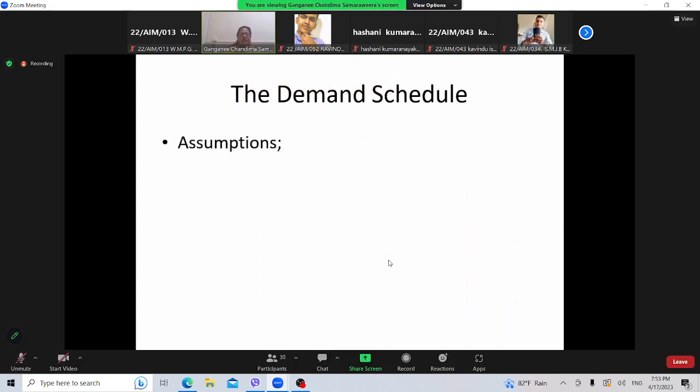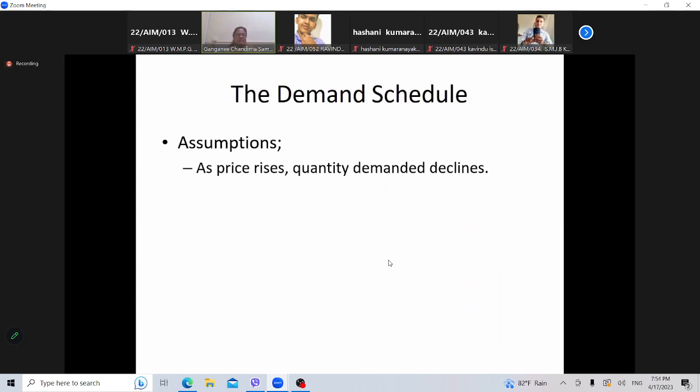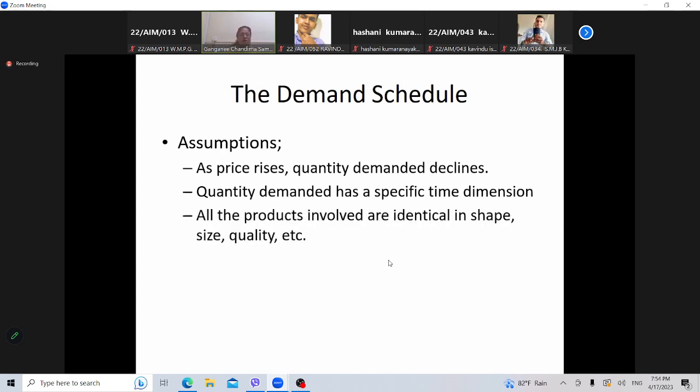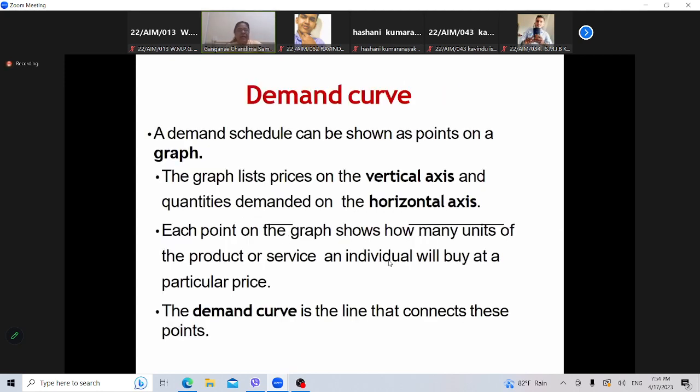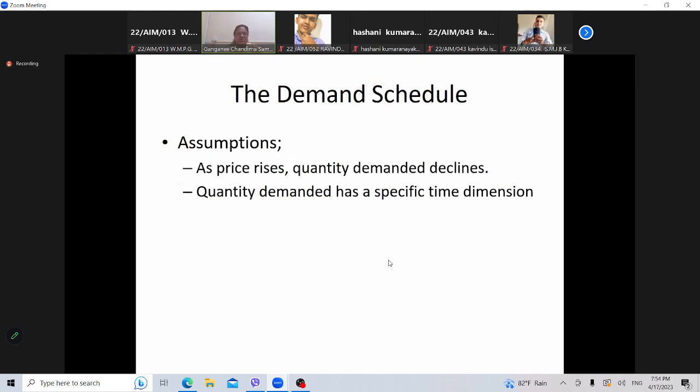For the demand schedule, we have some assumptions. As price rises, quantity demanded declines. Quantity demanded has a specific time dimension. All the products involved are identical in shape, size, as well as quality, basically. Then, if we draw the demand curve based on this demand schedule,